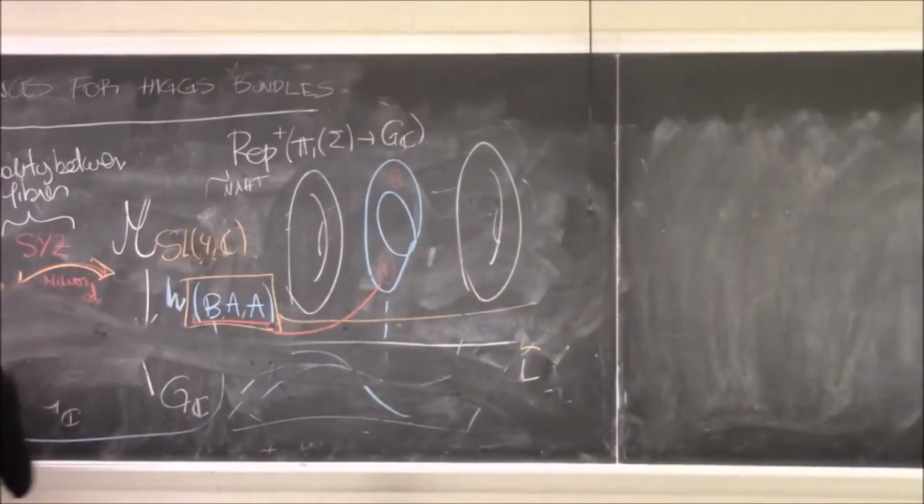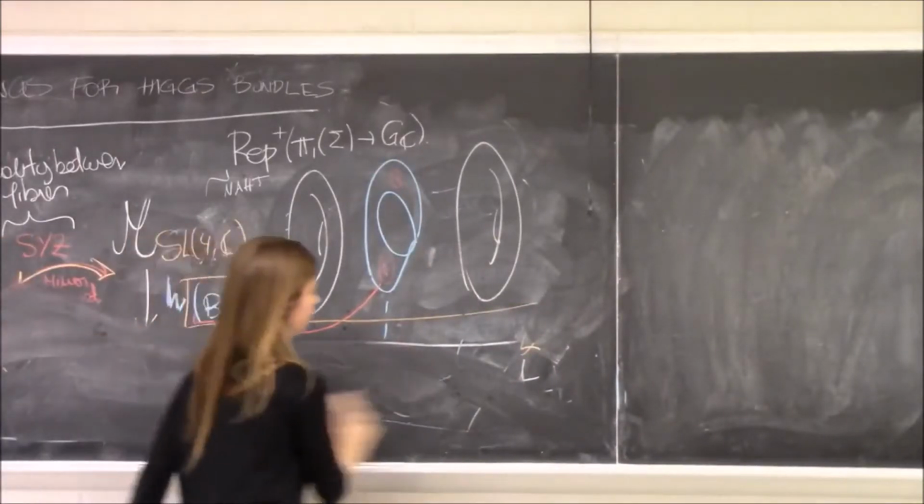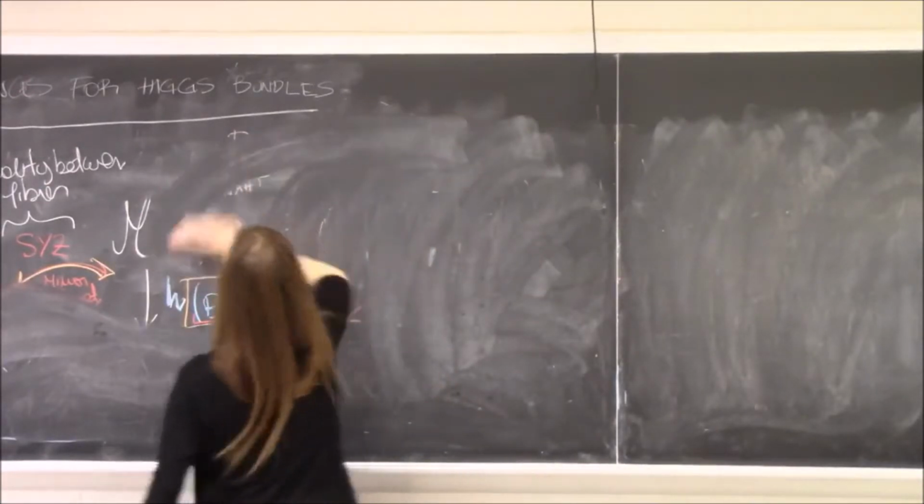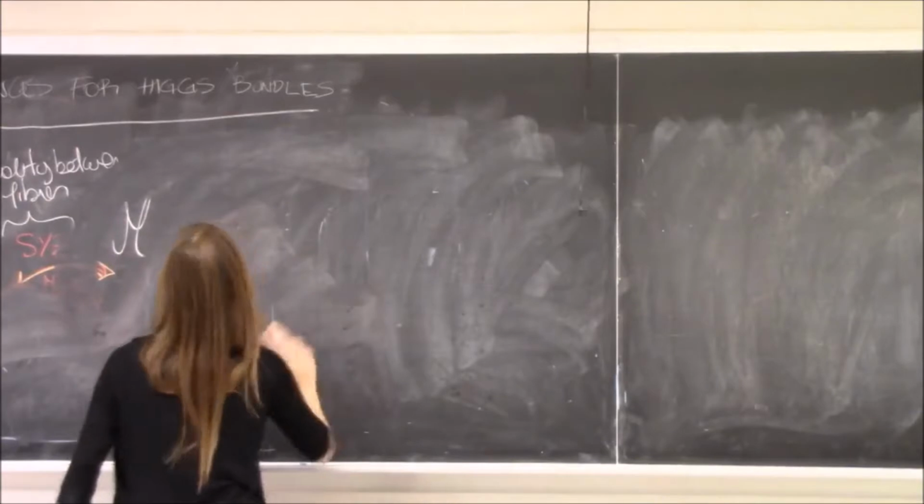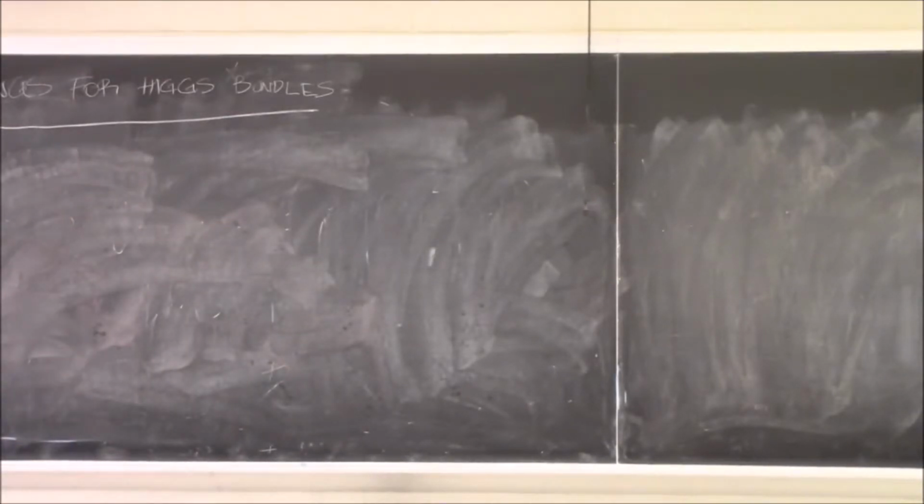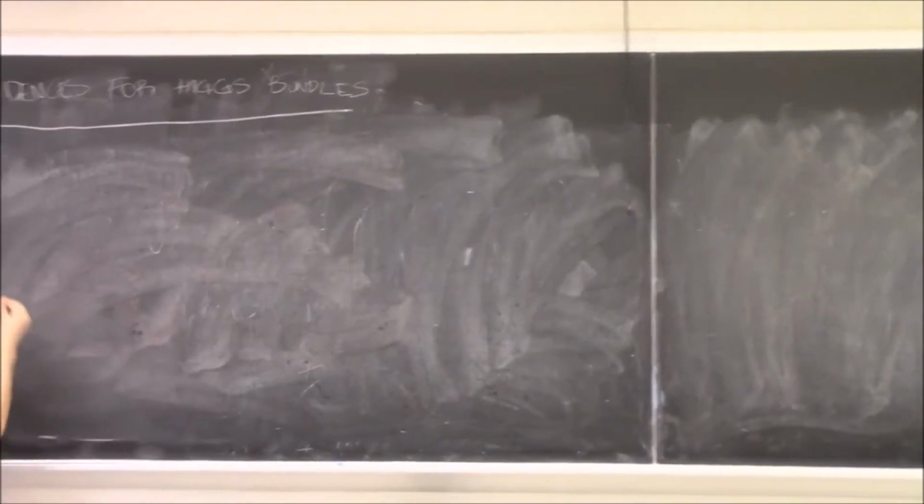Remember that when we talk about singular fibers, we're talking about fibers whose curve is singular. So anytime that we have a fiber over a curve that is singular, that's going to be a singular fiber. So we're going to keep here our moduli space